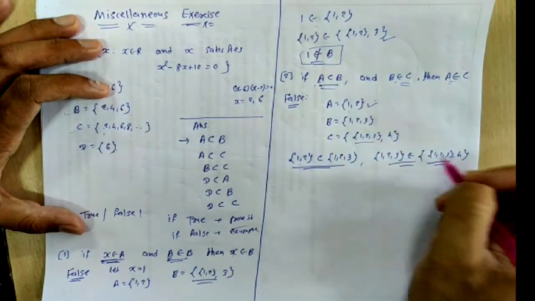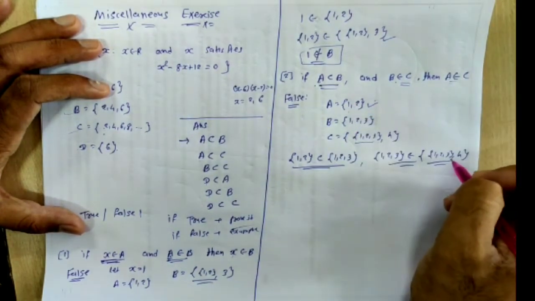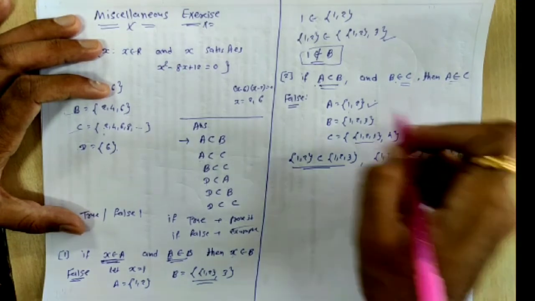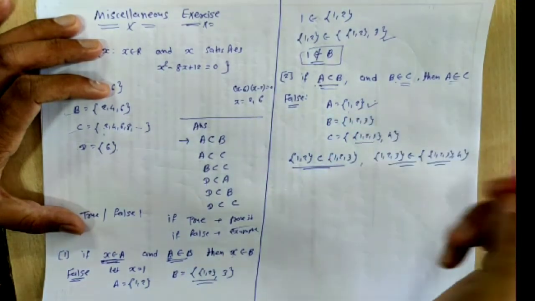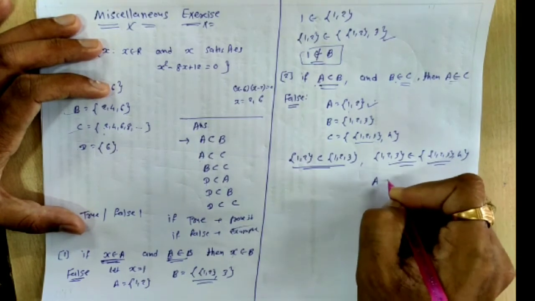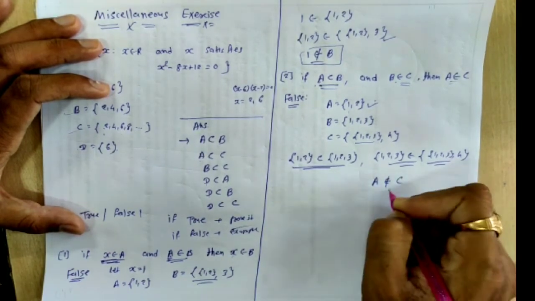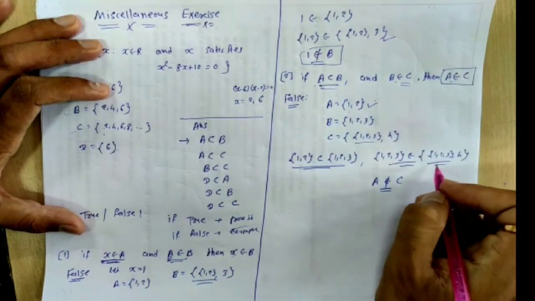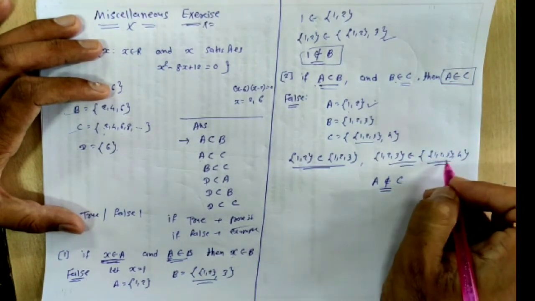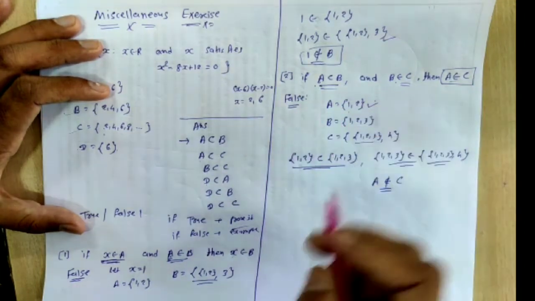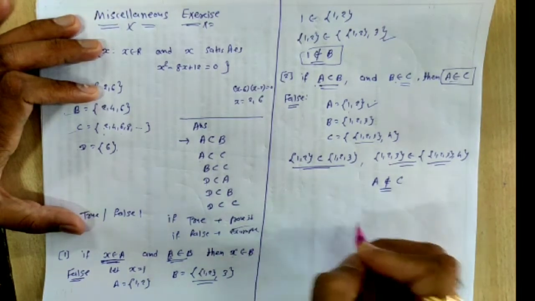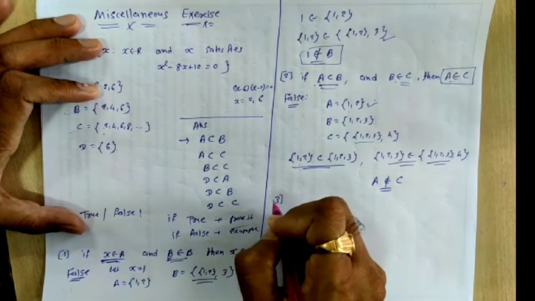Set A is the set of elements 1, 2. So here there is no such element inside C, which one? The set of elements 1, 2. So here we can say that A does not belong to C. Here we are given A belongs to C, but here we find that our A does not belong to C, and that's why this given statement is false. Clear? Watch it calmly and slowly. Now the third one.